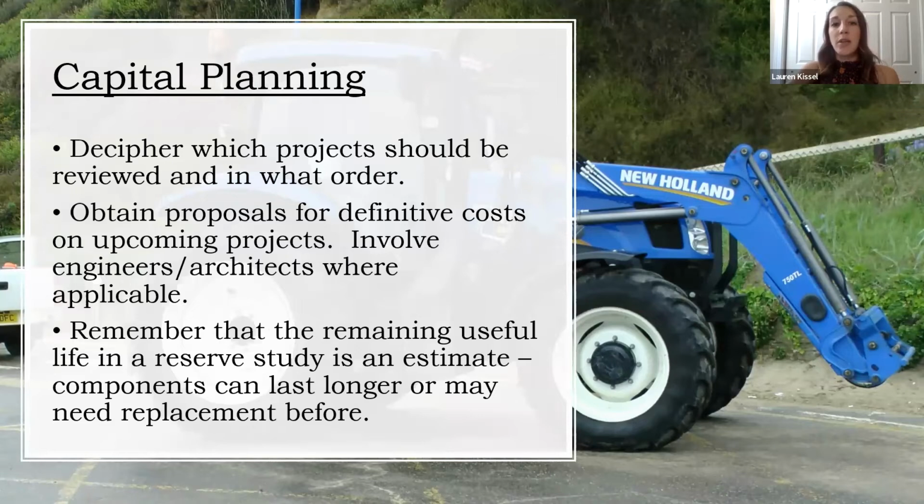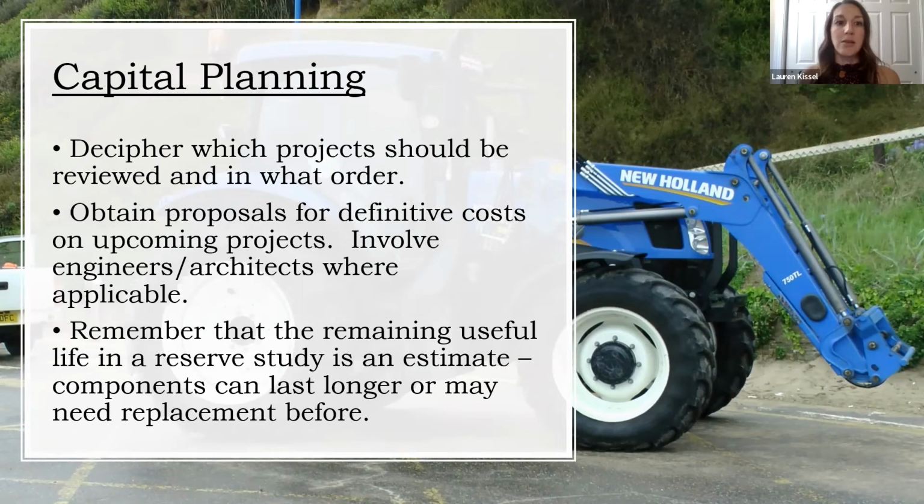So just a little bit about capital planning. I sort of touched on this in the last slide. The board and management should really work together to decipher which projects should be reviewed and in what order. This is something that we can do as part of the annual budgeting process. Besides looking at the operating side of things, there should be a review of your capital budget and future capital